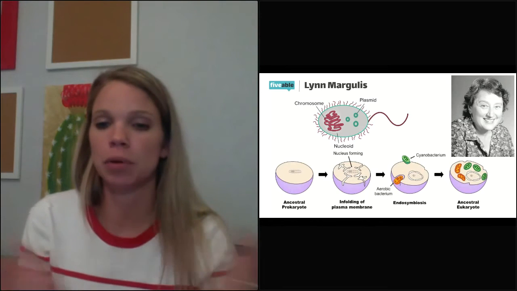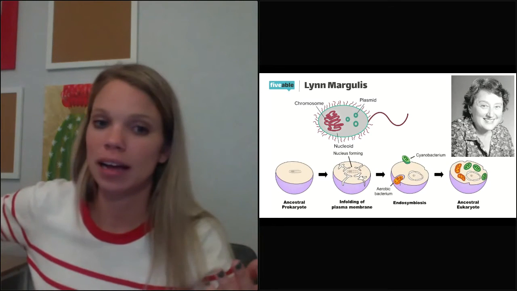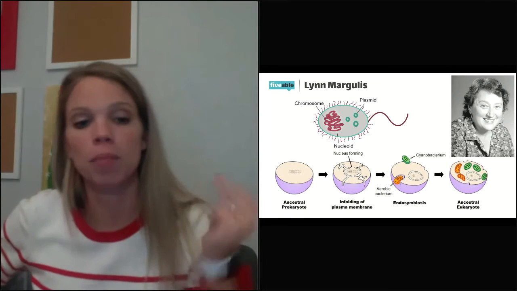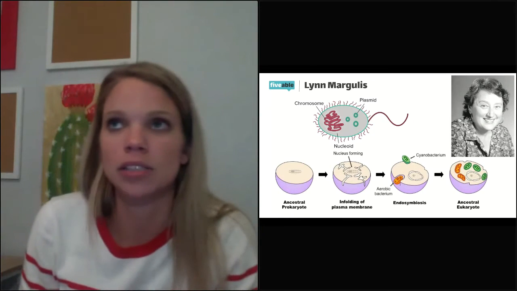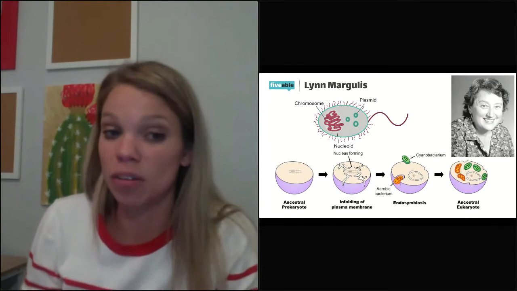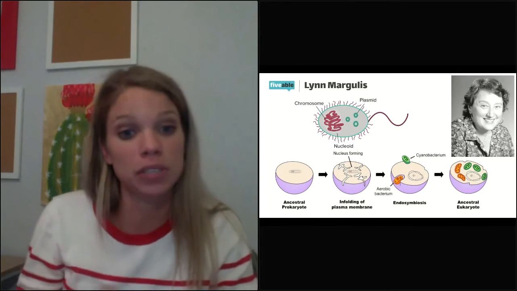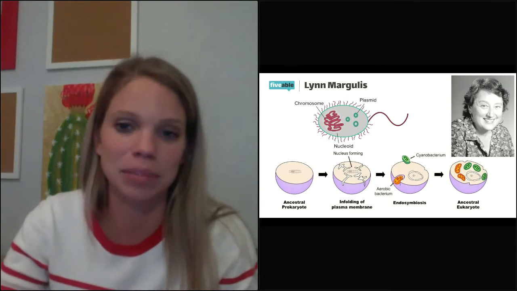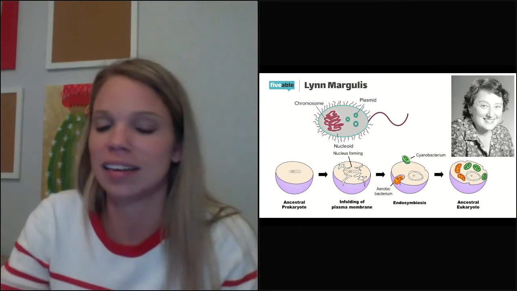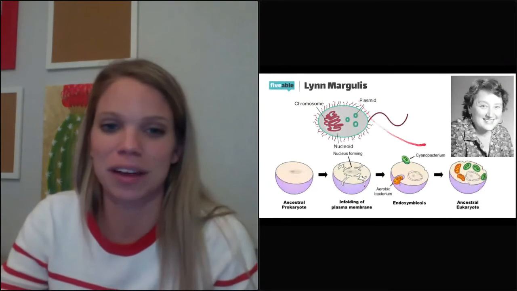Life just started exploding, because all of a sudden mitochondria had all this increased surface area, so it could make more and more and more and more ATP. It started being able to do more stuff, and that was critical, because the more energy you have, the more it can divide. That means the more it can mutate, the more it can change and adapt and evolve, and it gets real cool. Sorry, I'm nerding out.